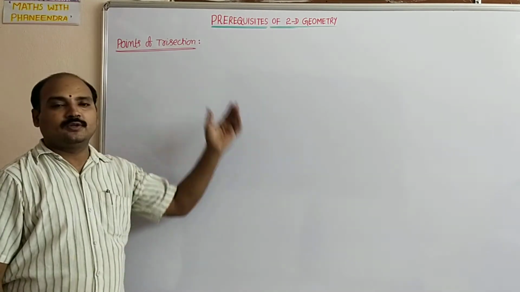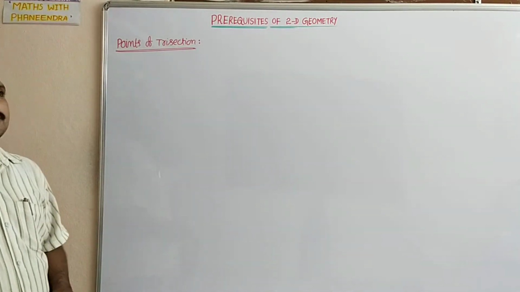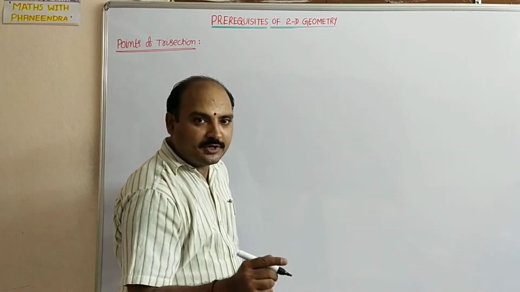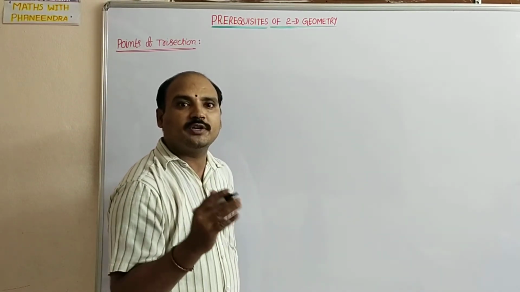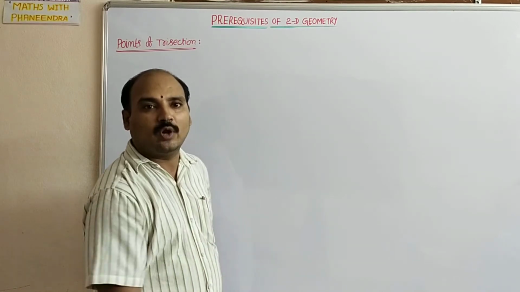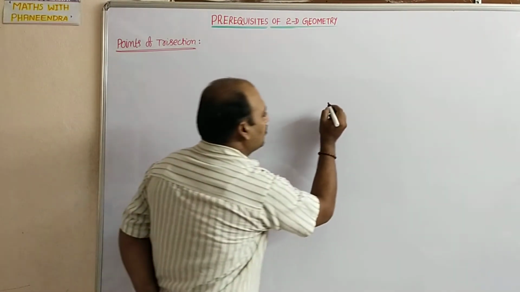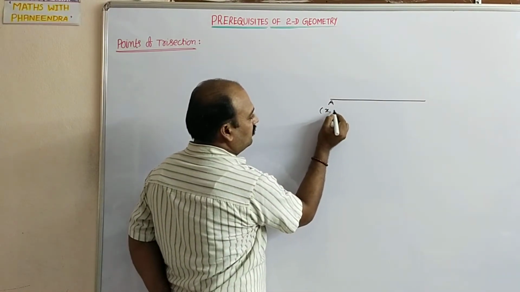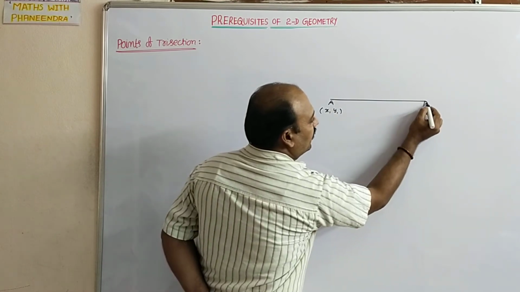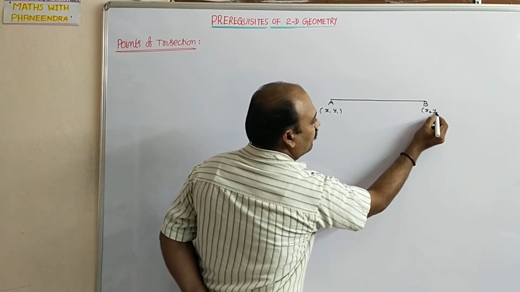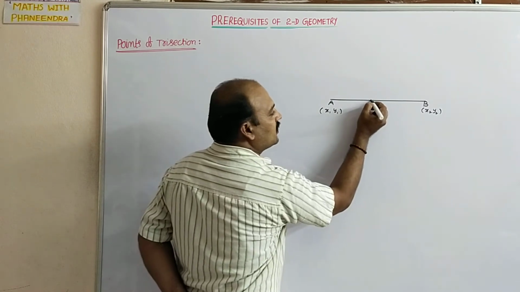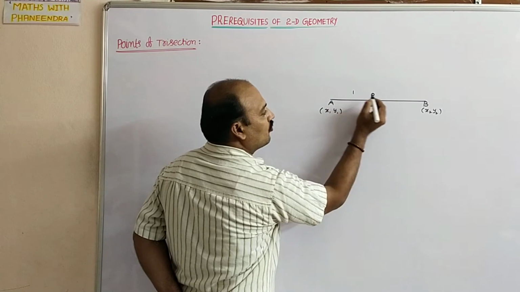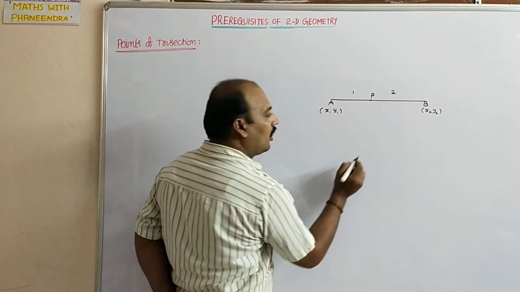Points of trisection. The next concept is points of trisection. The point which divides the line segment AB in the ratio of 1:2 or 2:1. See here, the figure will come like this. A of x1, y1 and B of x2, y2. So the point P is here. This point P divides the line segment in the ratio of 1:2, or